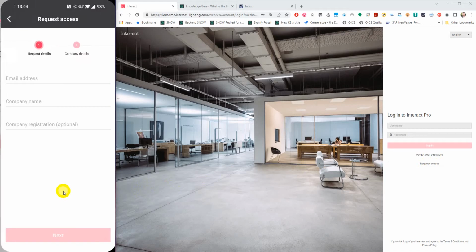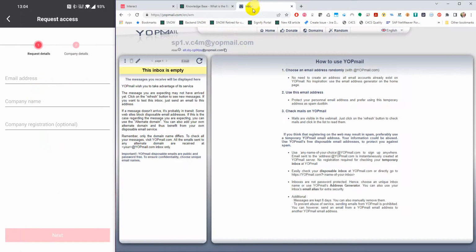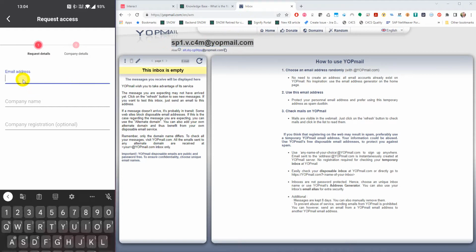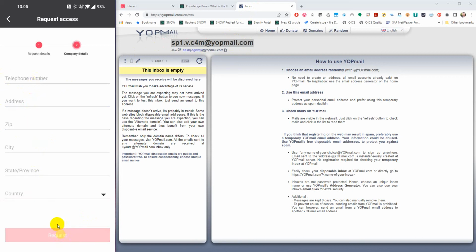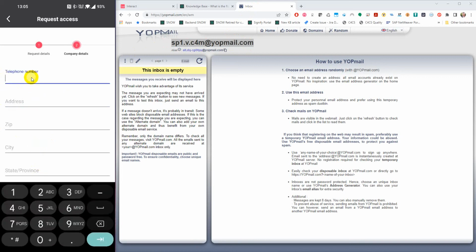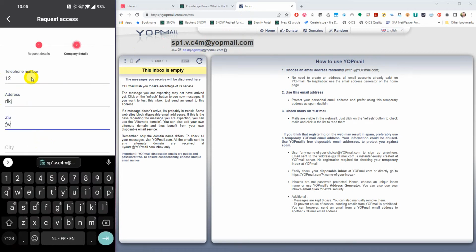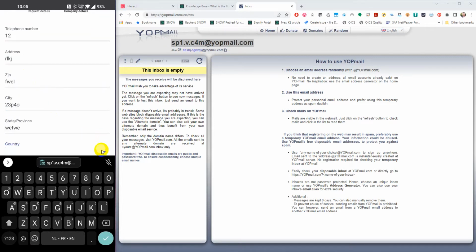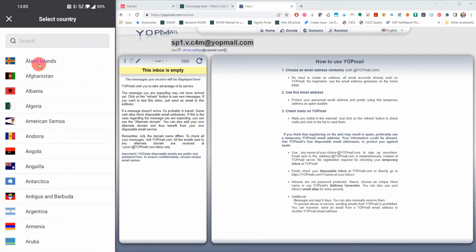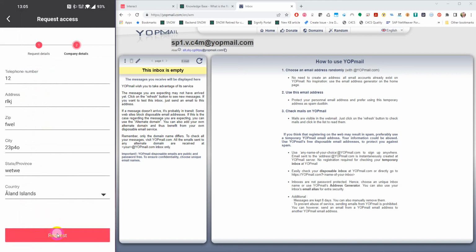So the first one in the app, request access. I have created a temporary email address that I'm going to use for this purpose. And then I press next. I need to fill in some details. I'm just putting in anything unimportant just to show you the way this works. I press request,